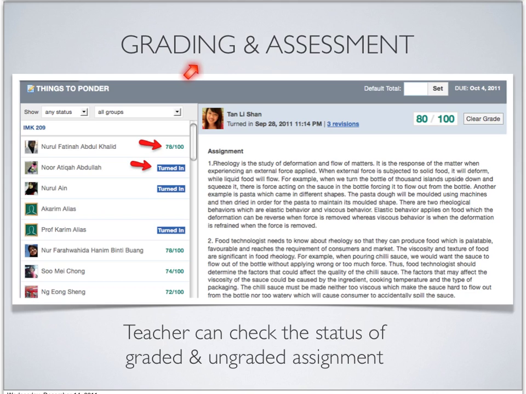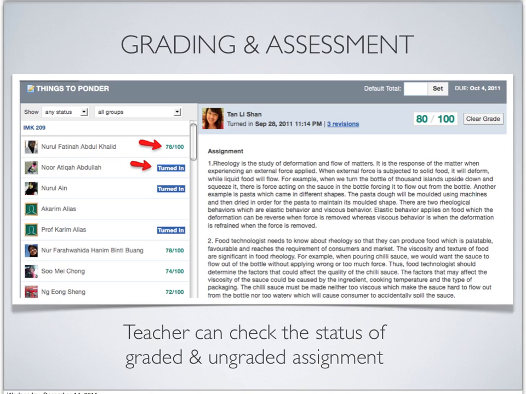So how do we do grading and assessment in Edmodo? So this is one example, a screenshot from my course. So this is the title of the assignment here. Okay, now I'm looking at the assignment for this student, and you can see the details here just like in the previous slide, and the grade, and you can read the details, the answer of the assignment for this student.